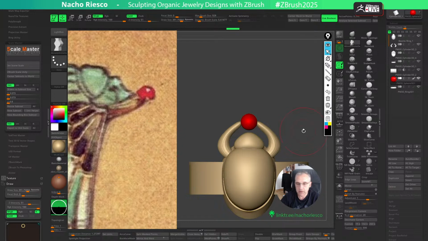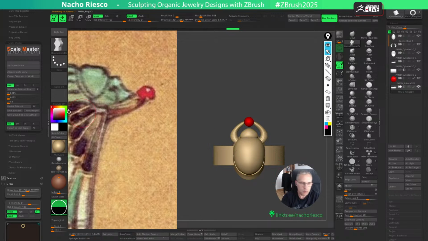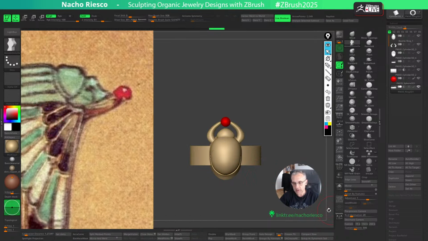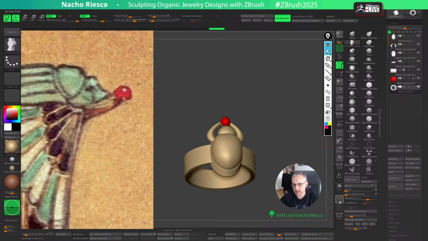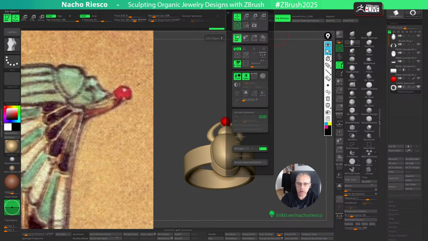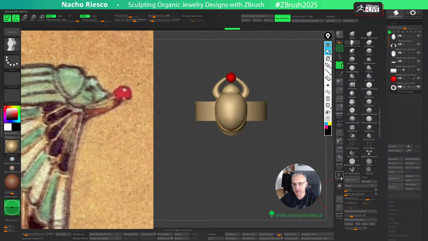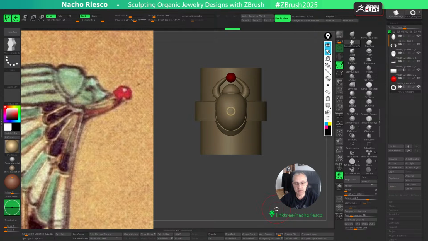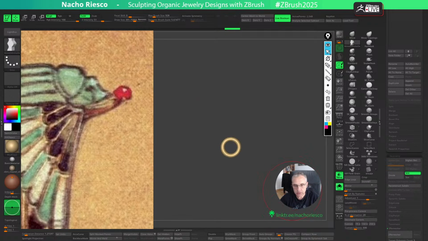So for making the prongs, what we can do is send this object to the center of the workspace. You will find this button here under the Transform menu, if I am correct. Yes, Set Pivot Point. You click it here and ZBrush will send the object to the center of the workspace, 0, 0, 0, X, Y, and Z. And now what I'm going to do is